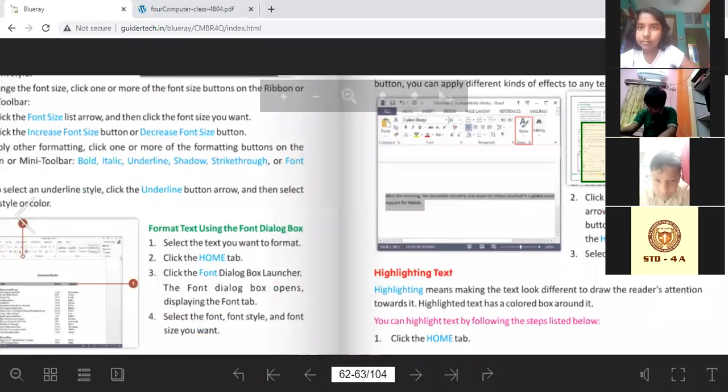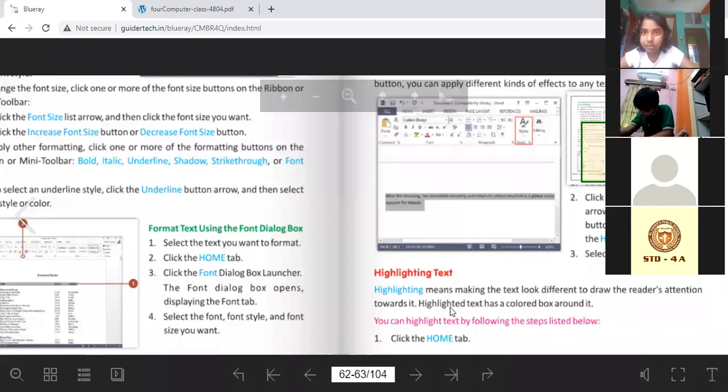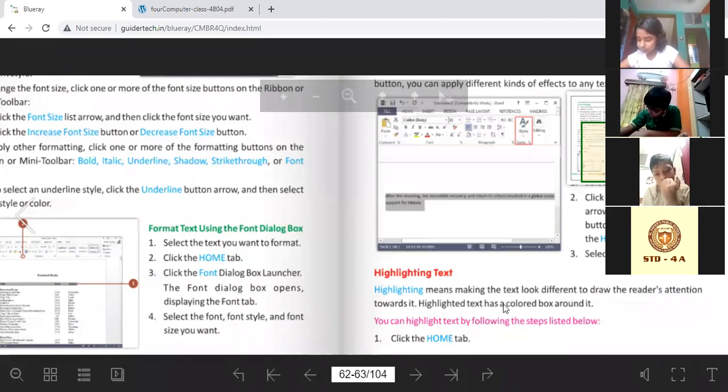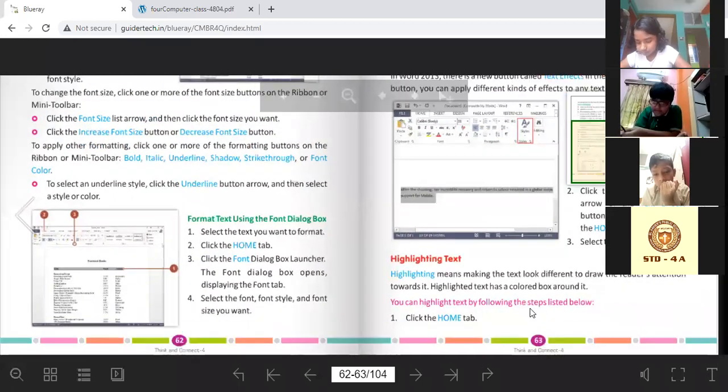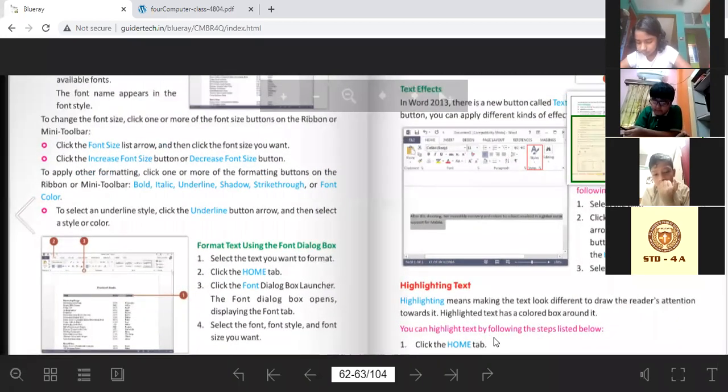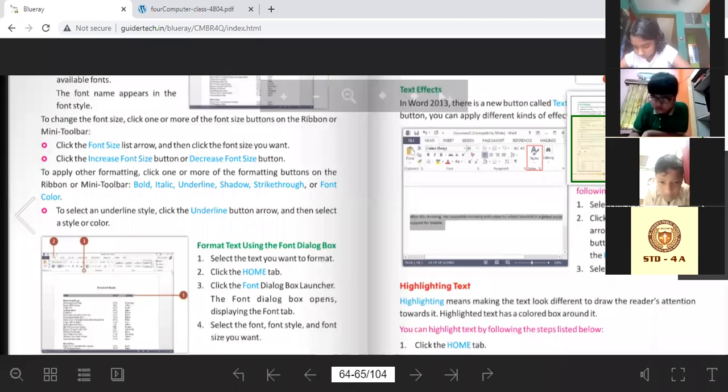The next one is highlighting the text. Highlighting means making the text look different to draw the reader's attention towards it. Highlighting text has a colored box around it. You can highlight text by following the steps listed below. Click the Home tab.